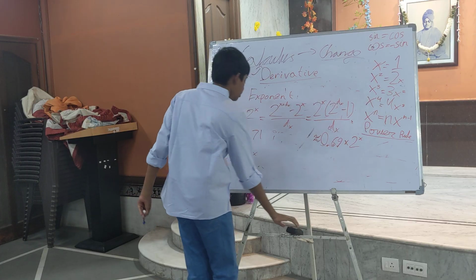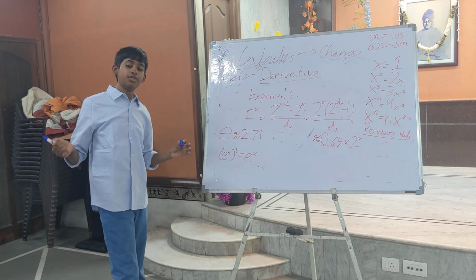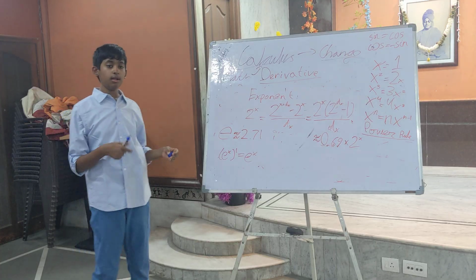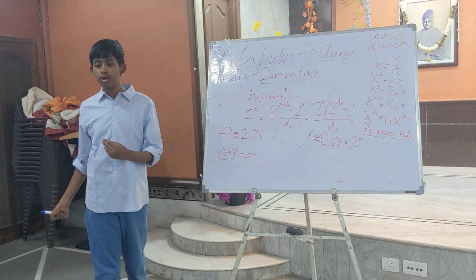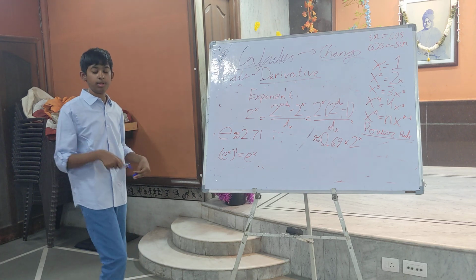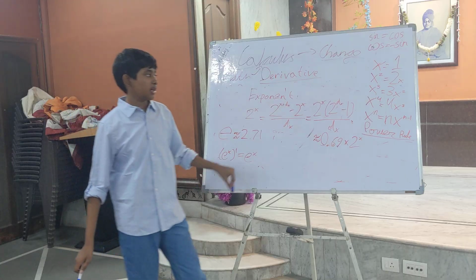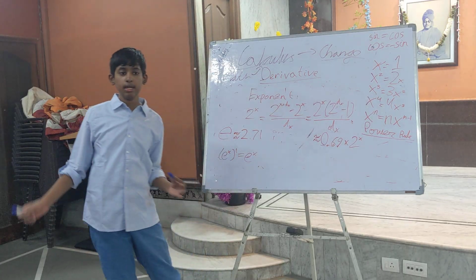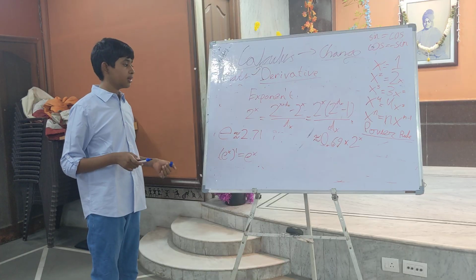It's ln because the original term is logarithm, and this is the natural logarithm. You can take other logarithms like the logarithm of base 10 or base 2. But what we just did is the natural logarithm, because e is the most natural exponent. Because the natural log of e is equal to 1, which is why we take the natural logarithm, ln. So now,